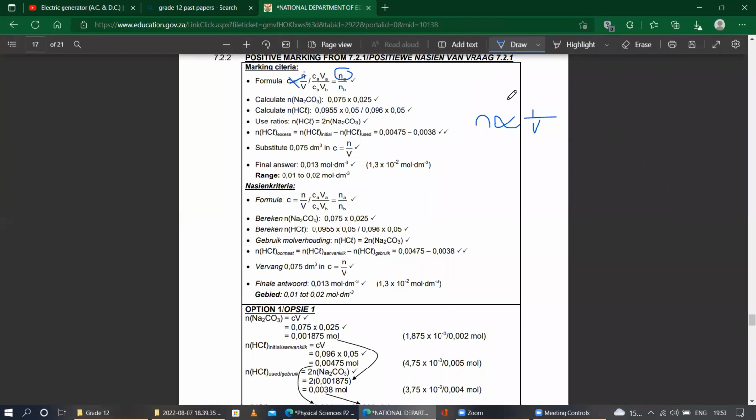Sorry guys, number of moles is also directly proportional to volume and concentration. So N is equal to CV, and the number of moles of the acid divided by the number of moles of the base